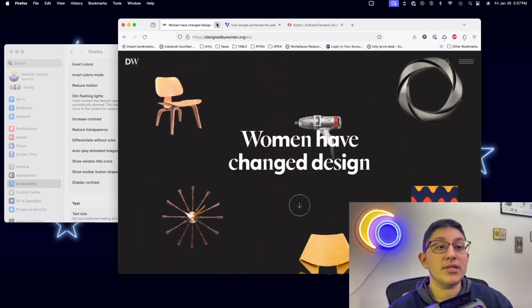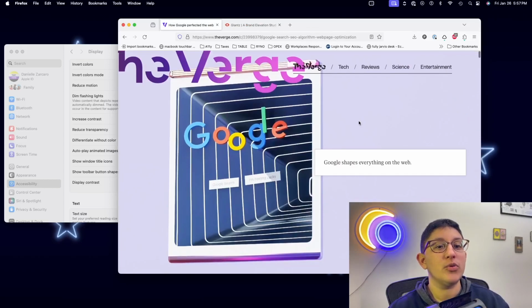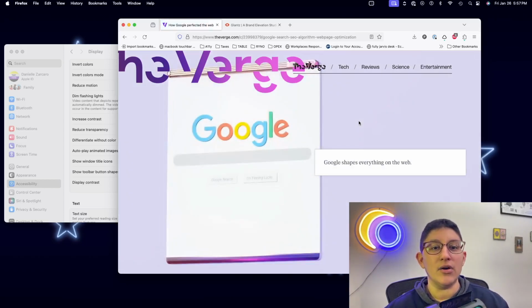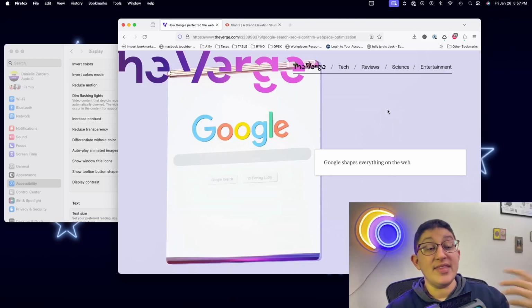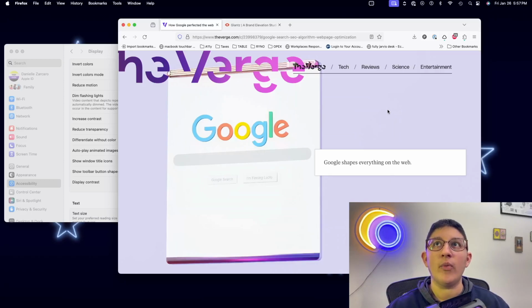So another site, I'm going to close that one. We're going to move over to one that doesn't quite have as much motion, but has enough that could be bothering. So I'm going to refresh the page here. It's going to load. Now my reduced motion settings are off. Everything is just going to sort of work as intended. And this site only has animation on scroll. So that's good in that when I get to the site, I'm not immediately bombarded by a ton of animation like our previous Designed by Women site. But there is a lot that happens on scroll.